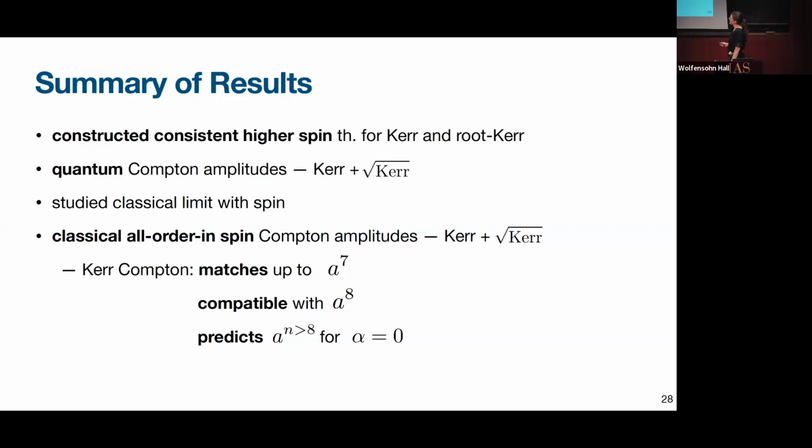Right, and by compatible with a to the 8, what I mean is there was a more recent paper by Bautista and, let's say, Zihan and some other authors. I have them cited maybe on the last page. We're compatible, but in the sense here, they don't have this tagged parameter alpha anymore. So